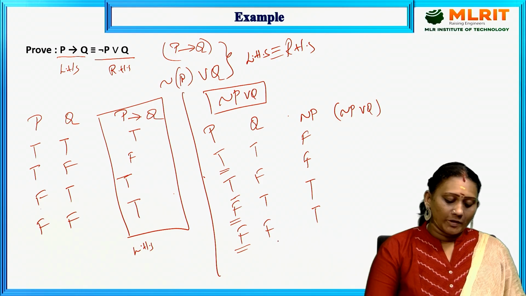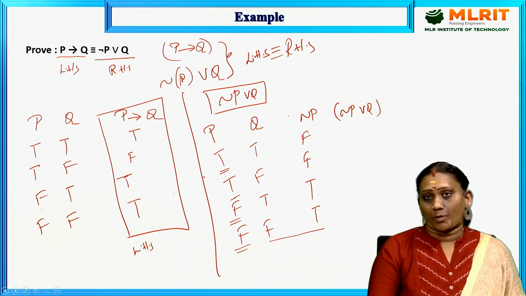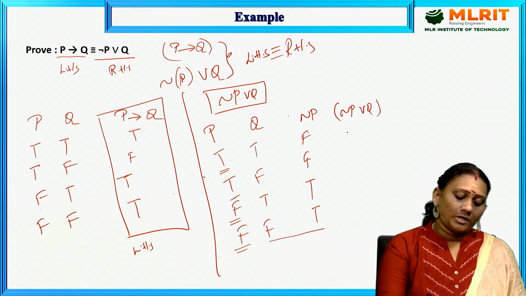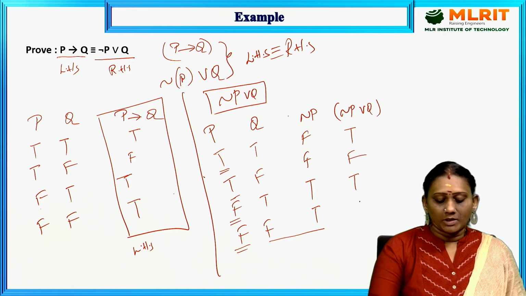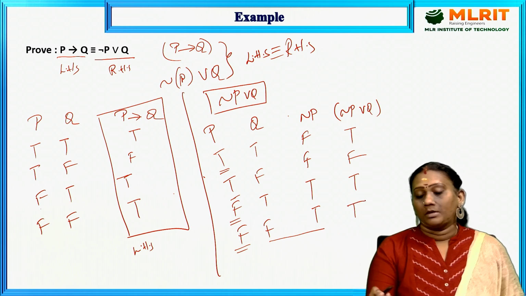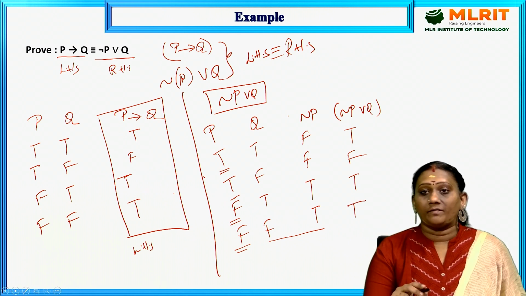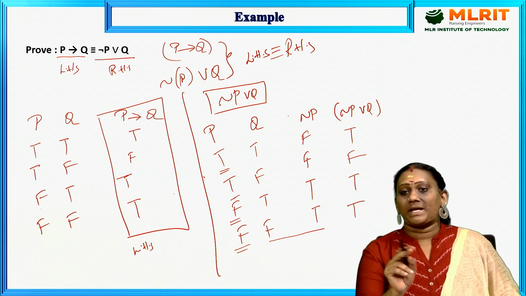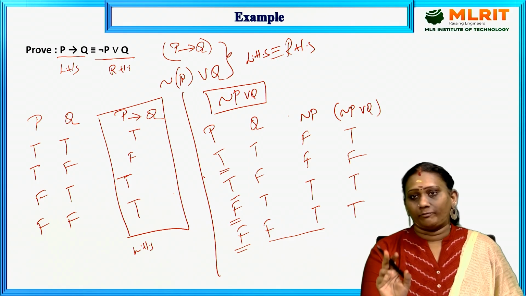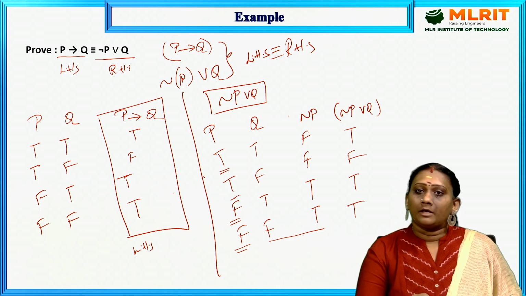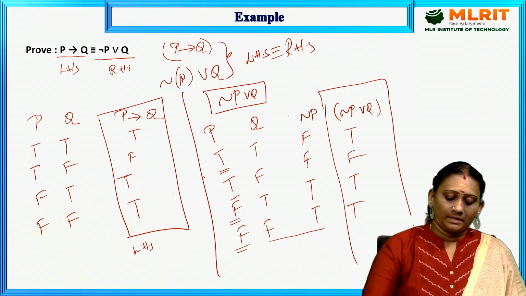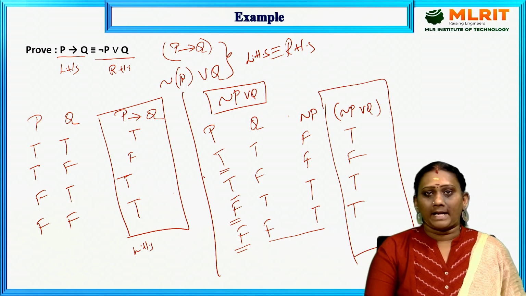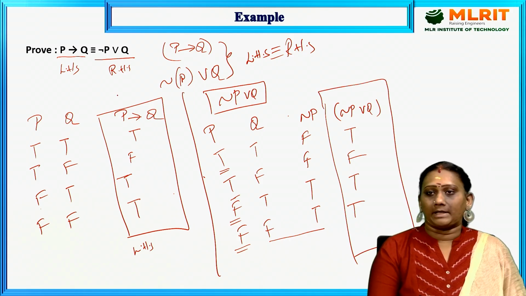Right. So I am going to apply disjunction upon this. True or false, true. False or false, false. True or true, true. False or true, true. Why? Because according to the rule of disjunction, if any statement is true, the result can be true. If both are false only, then it is going to be false. So hence, we have drawn this RHS truth table, right? This is the LHS and this is the RHS.